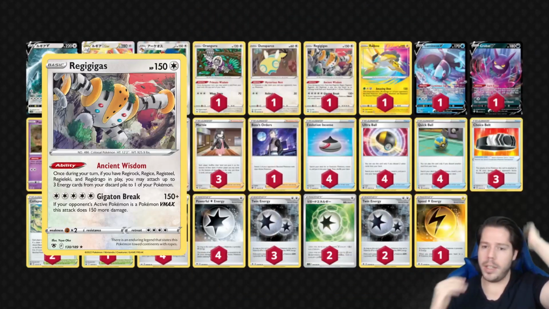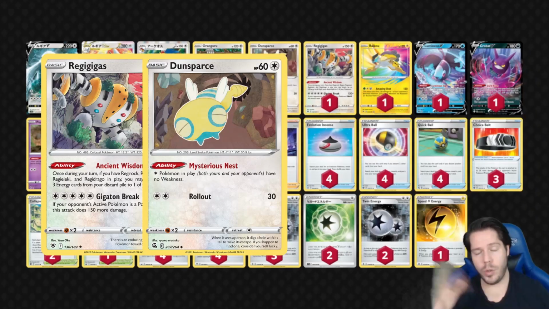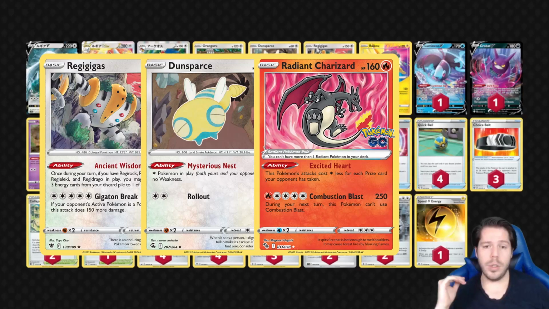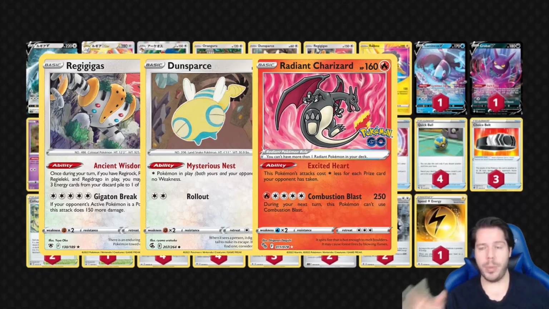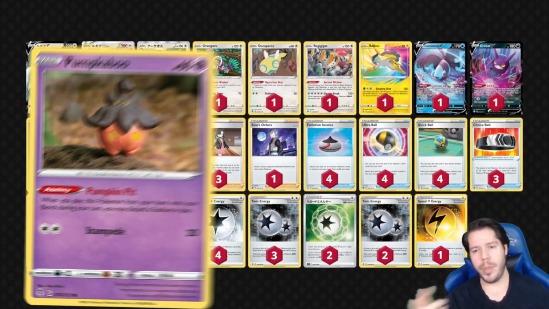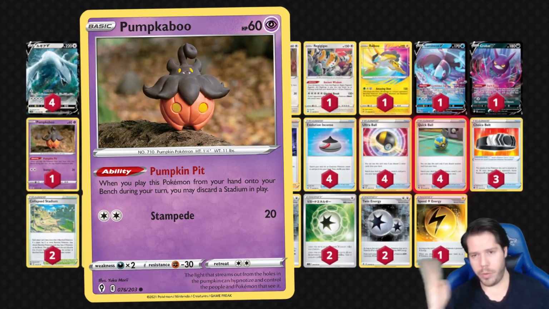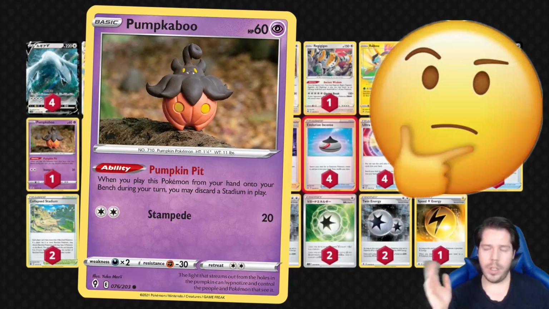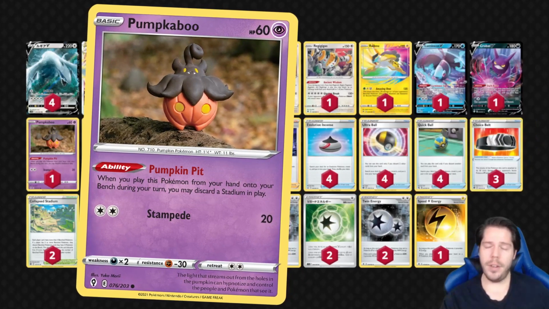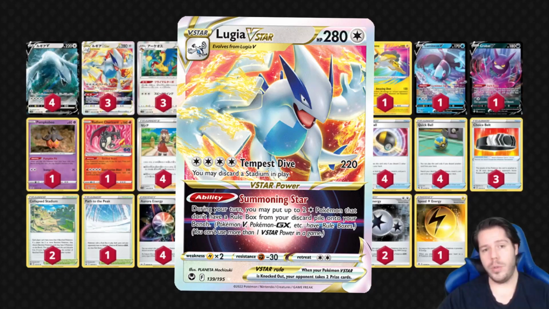Also features Regigigas, also features Dunsparce in order to take away that annoying lightning weakness. Features Radiant Charizard to hit for that extra damage output at any point in the game. And also features a copy of Pumpkaboo, which with 4 Quick Ball, 4 Ultra Ball, and 4 Evolution Incense will certainly be easy to find and therefore counter any Path to Peak that is trying to stop you from getting